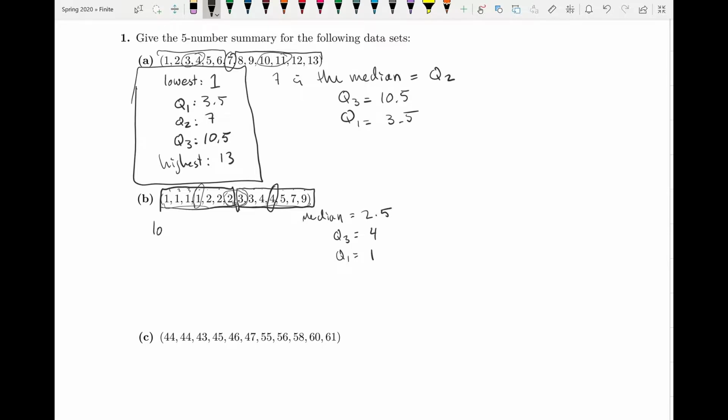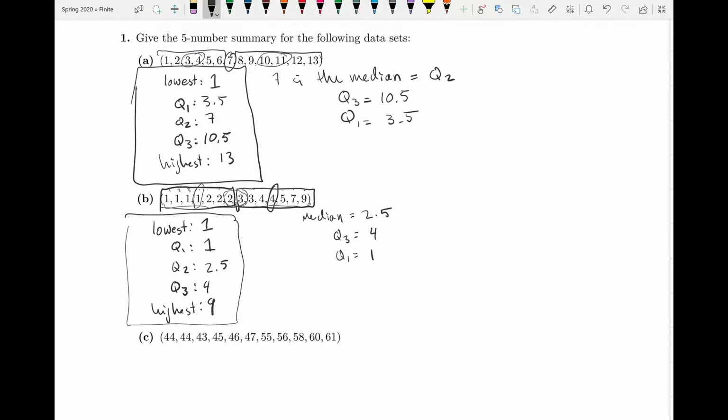So the lowest is 1, Q1 is 1, Q2, that's our median, is 2.5, Q3 is 4, and then our highest is 9. So what this summary tells us is that this data set, while it goes from 1 to 9,